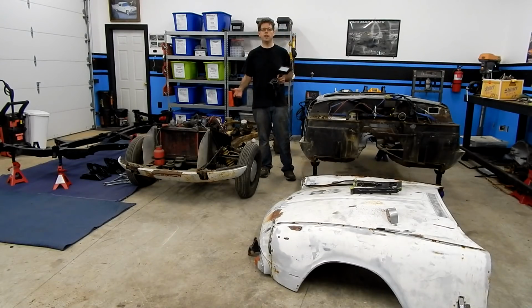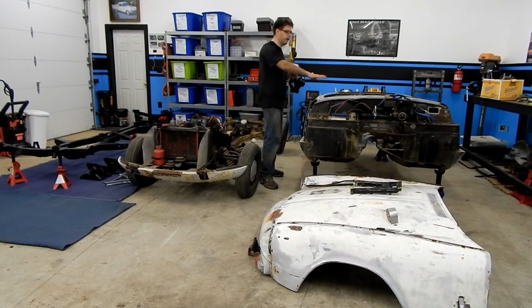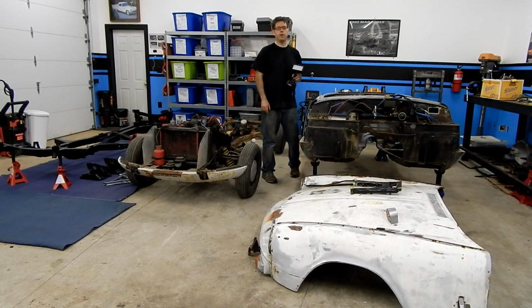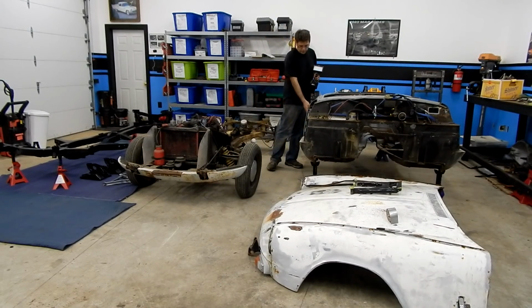All right, well, thanks for joining us today, and we've accomplished what we set out to do, and that was separating the body from the chassis of our old Spitfire. Obviously, we've still got a little bit of cleanup work to do. We've got things on the firewall to clean up. We've got a couple of things in the dash panel to clean up. We've got a little piece there to remove on the body. And then, of course, we'll get the doors off,